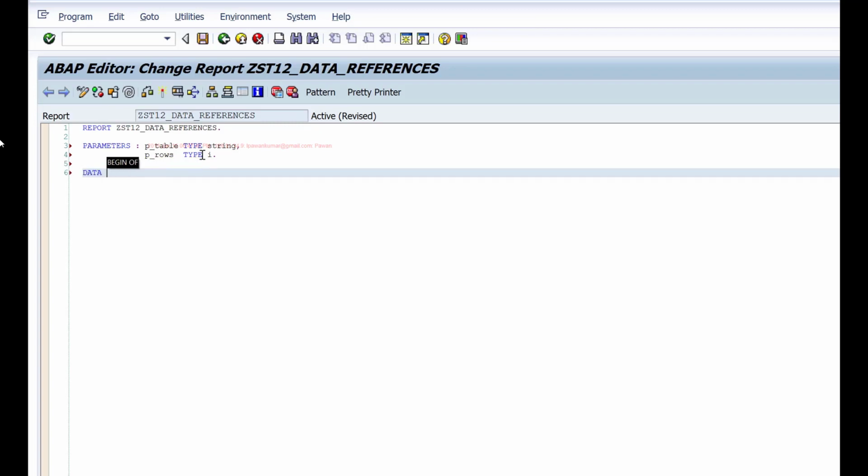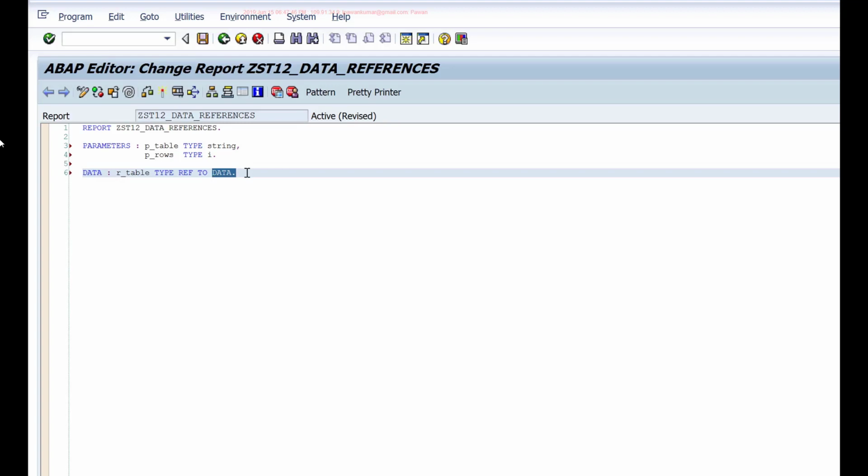I'll define this anonymous data object by using this syntax, DATA, let's say r_table TYPE REF TO data. So if you say type reference to data, that means it will be a data object, but you don't know what type of data object. That will be determined at the runtime. If you already know what type of data object, then you can directly specify that type.